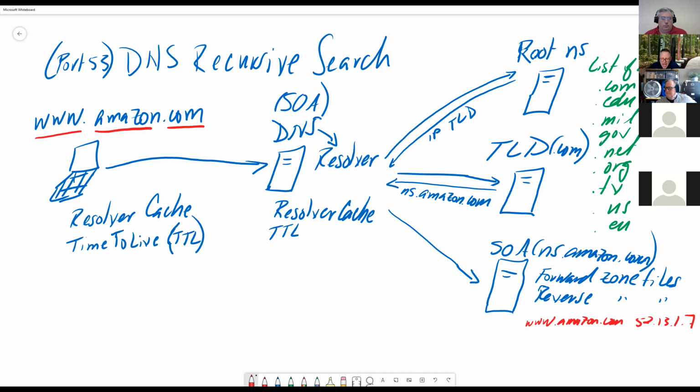Have you done an IP lookup? With an IP address, it says where does this reside? Have you ever done an IP lookup like that? No? Okay. If you do an IP lookup,